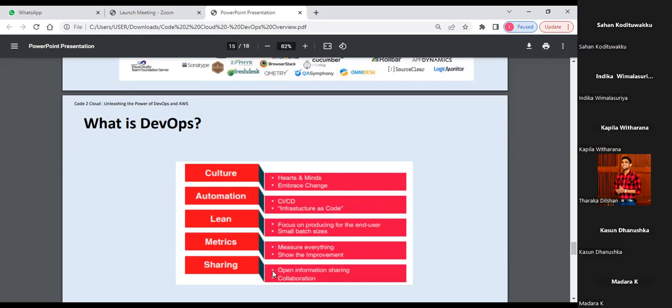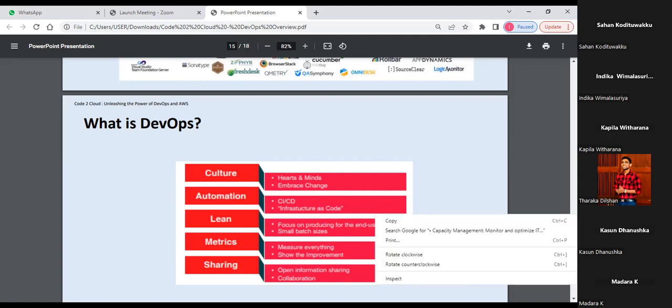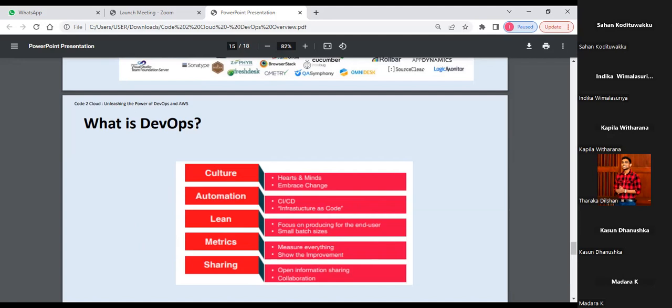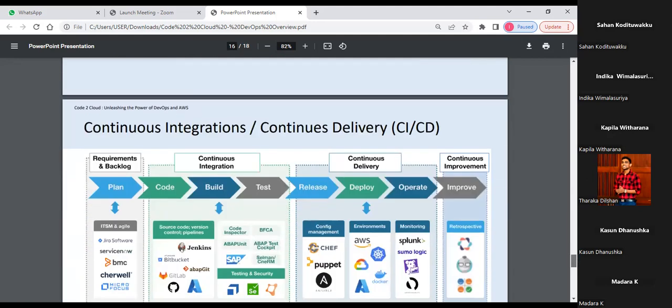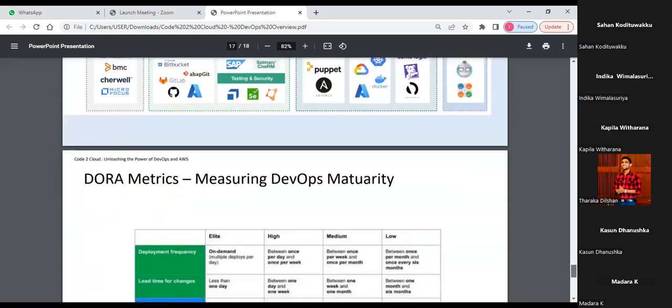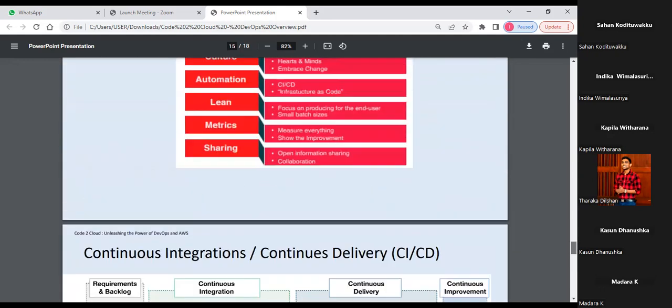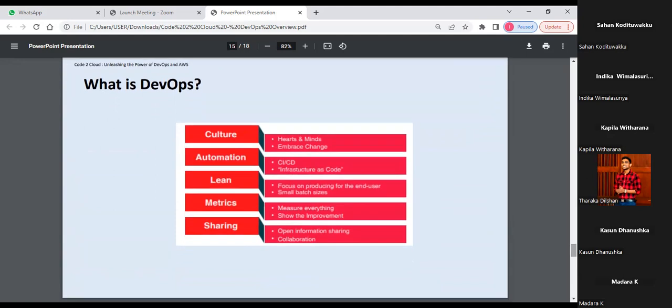And then metrics. DevOps is all about metrics and sharing. These are very high-level things, we will not go deep. Some things you will remember, some things you will forget. What I want you to get is this understanding. There are a couple of DevOps topics like continuous integration and DORA metrics, which we will cover later. So today's session, what I want to tell you is that